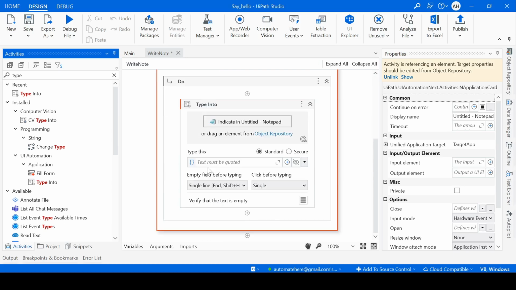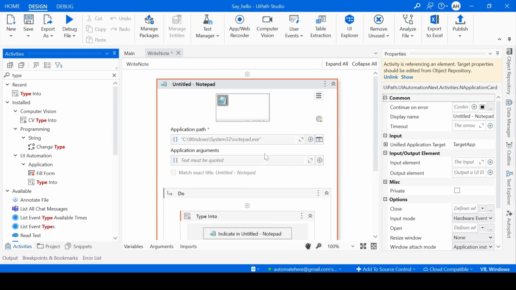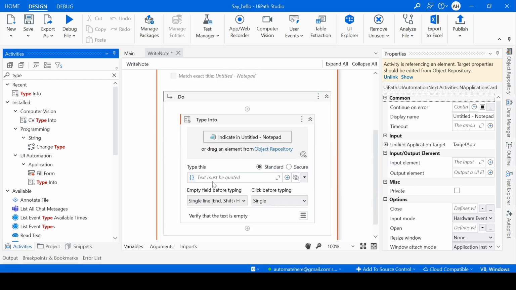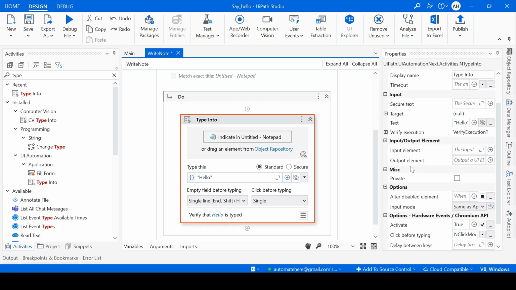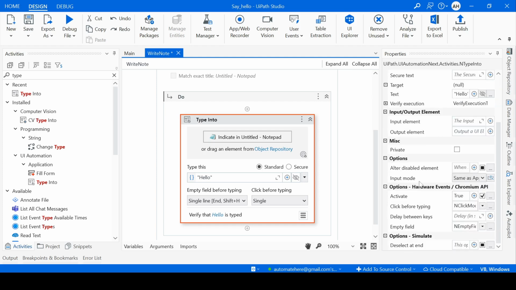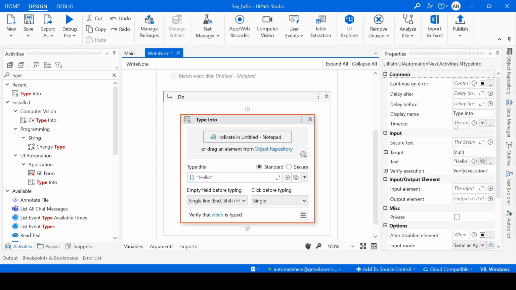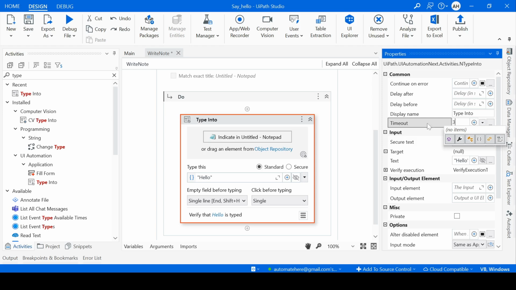Okay, and then let's try to type something. Let's say hello. Okay, let me also change the properties of it. So let me change the timeout. Let's make it 3 seconds,